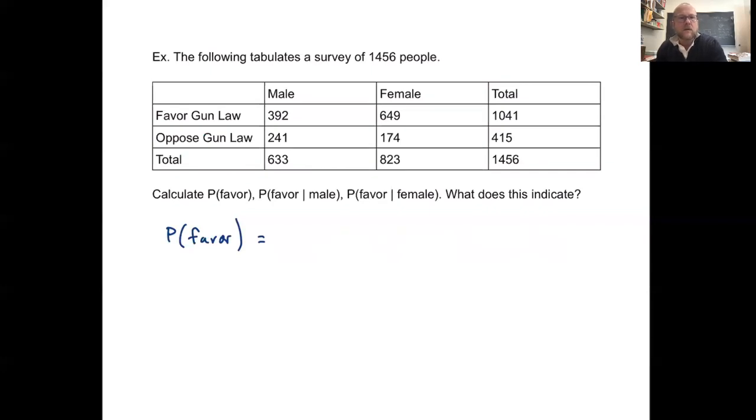And so if you want to do that, you can just say how many favor the gun law out of how many were surveyed. So 1041 out of 1456. All right. And decimal wise, that's